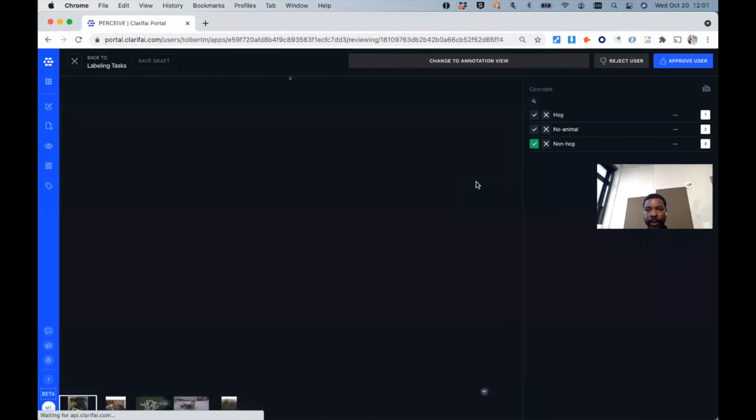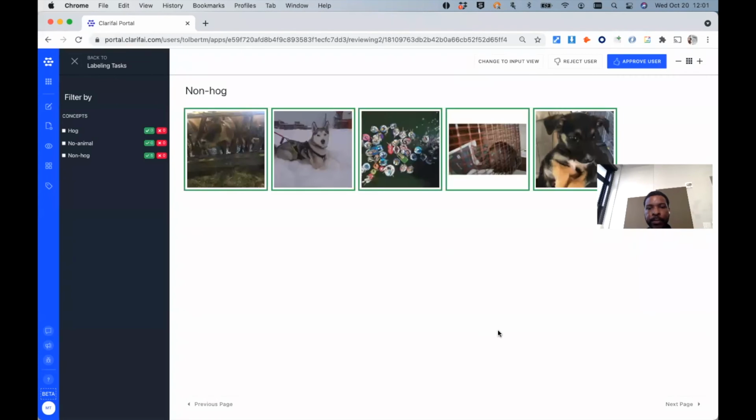That is a screen that we're actually phasing out. And basically what this is showing is, because I picked not hog for all of these,